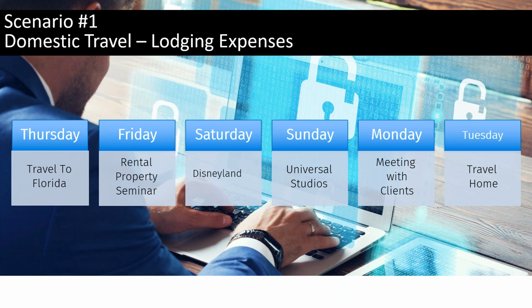How this is set up is you almost have to look at the ends, meaning Thursday and Tuesday, and then move inwards. Typically we're going to have our travel day at the start of the trip and at the end of the trip. I think that's pretty much going to be every trip that you take, right? But how we've set this up is we have a rental property seminar on Friday, which is in regards to our rental property. And then Monday, we're going to be meeting with clients. Because we've put these at the end of our sandwich, this is the bread of our sandwich,